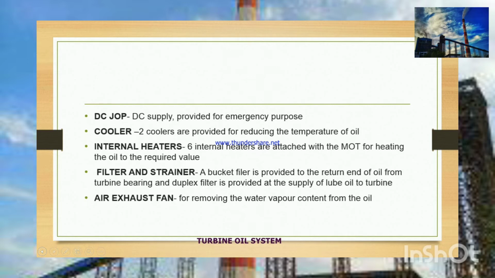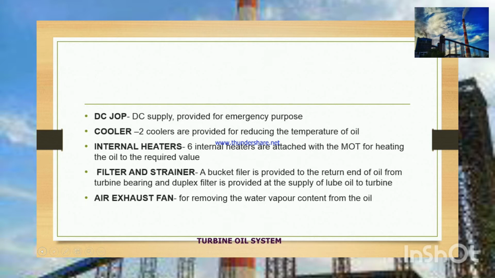And the second source is through corrosion of the equipments and pipelines. By the corrosion of equipment and pipelines, metal particles are deposited in the oil. Third source is during the initial filling and makeup of main oil tank. During this process, if the oil used is contaminated by dirt particles, then the oil system becomes contaminated. Then these foreign materials and dirt particles may damage the rotating and stationary parts of the turbine.